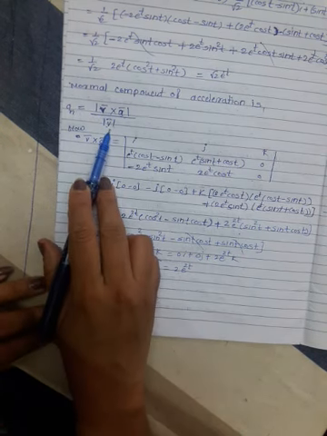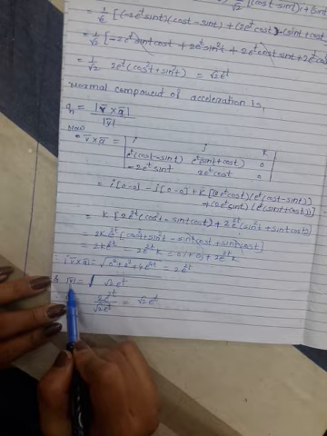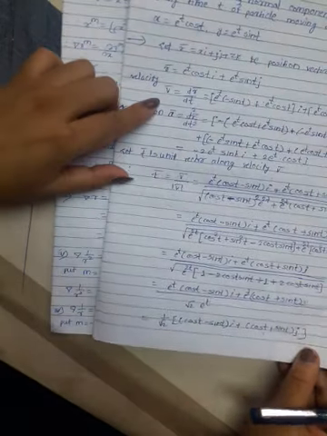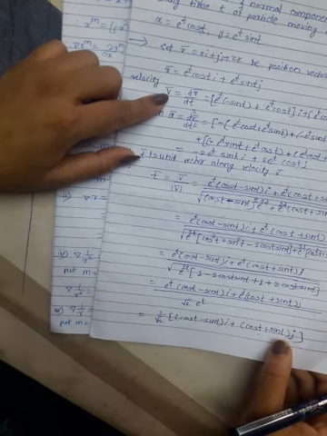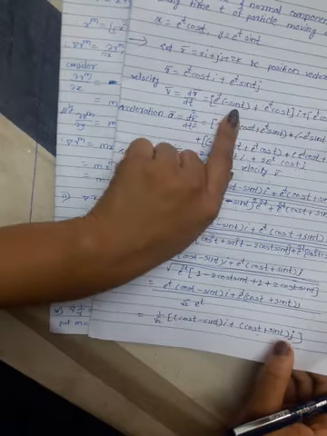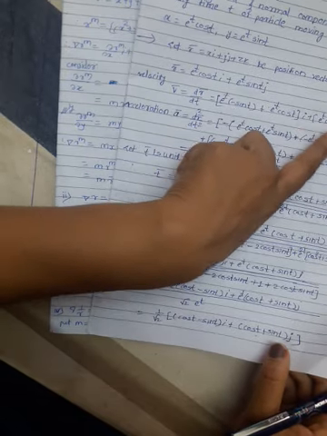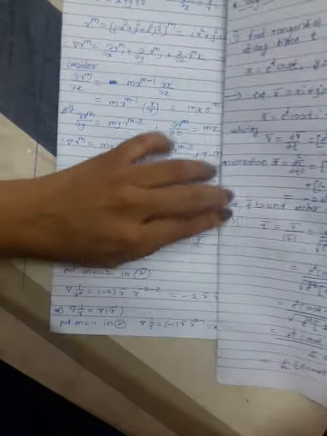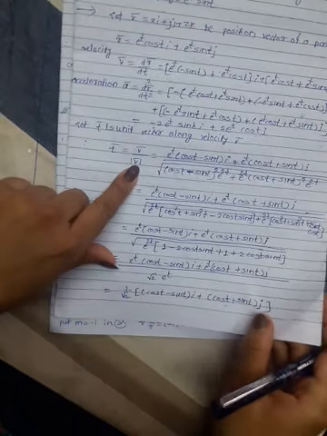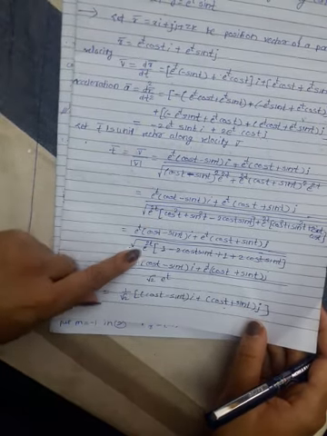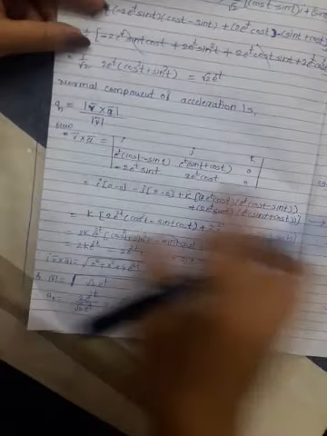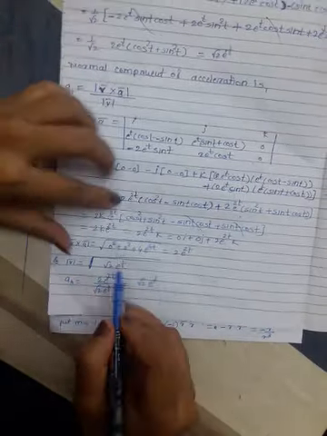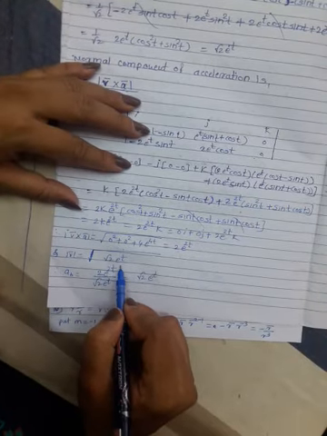Now again we have to find the mod of v bar. The mod of v bar we have already calculated here. Here v bar is this, therefore its mod is the square root of this square plus this square. We have calculated it here, the denominator is the same. This answer is root 2 e raised to t. Therefore we can write it without calculation: root 2 e raised to t.